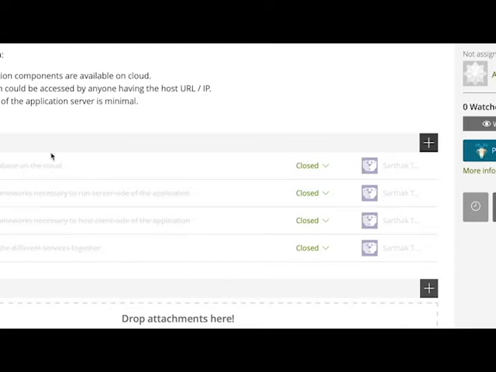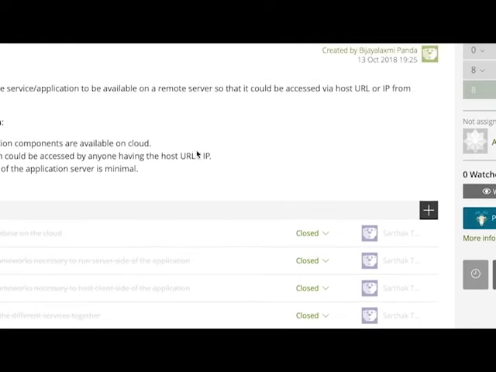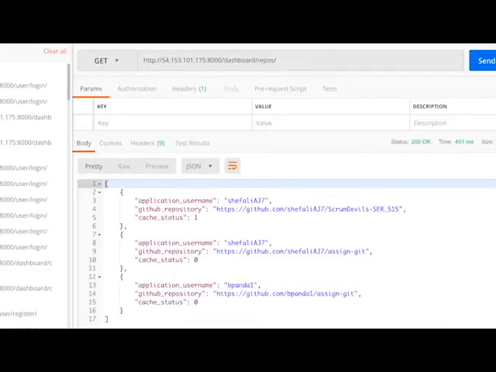So we are successfully able to host our service on the cloud. If I go to Postman, these are a few URLs which we can get from the AWS service only. So this is not localhost, this is the AWS service which we are going to on this IP where we have hosted our service, and this is the port number. And then if I call this,